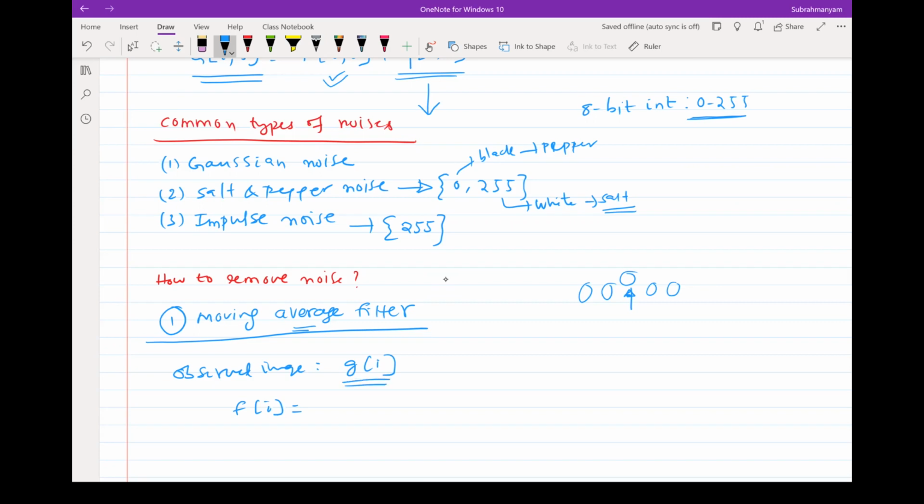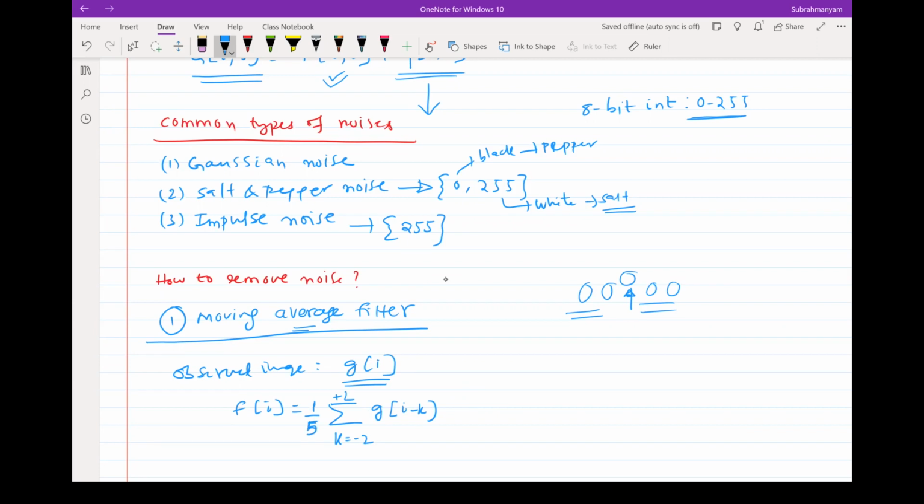So then how do you write now? From g of i, how do you get that? You are considering a neighborhood of, let's say, 2 before and 2 after. For the time being, we are in 1D. Summation of g of i minus k, where k varies from minus 2 to 2. That would be an expression, and the whole thing divided by 5. So k is varying from minus 2 to plus 2, and g of i minus k, and the whole divided by 5, because we are taking an average. Very good.